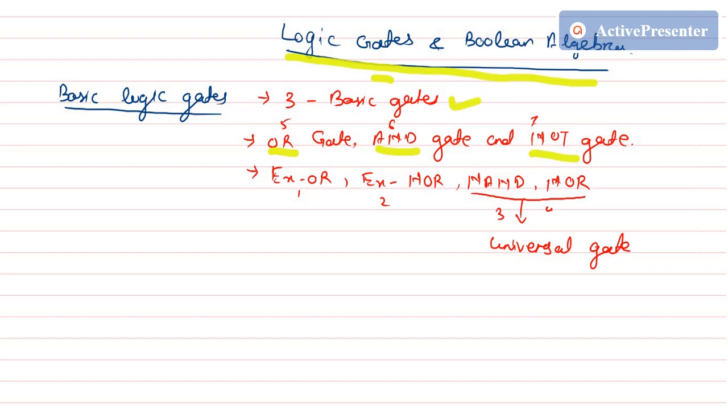So let us start with our first gate, that is the OR gate. In layman's terms, let us understand something. There will be some object, and something will be passing through that object, or the gate. OR gate means this is a gate, and this gate will be operating with OR logic. So the operation here will be OR.